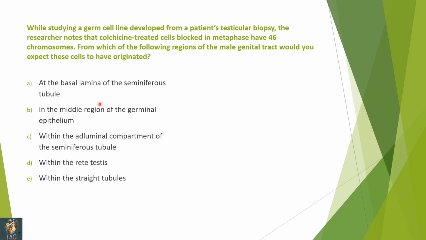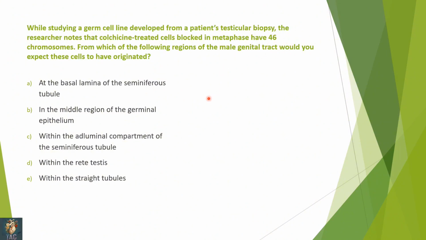First, you have to concentrate on 2 points. First, colchicine treated cells in metaphase. This is a requirement to study the analysis of the chromosomes, because we give colchicine to arrest the cell division when the cells are spread at the metaphase plate. Another important point which you have to notice is the number of chromosomes. So this is 46 chromosomes, and we all know that the